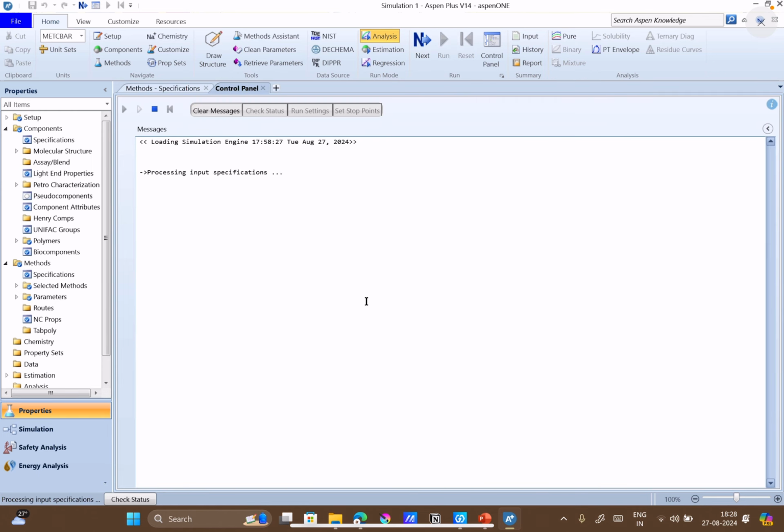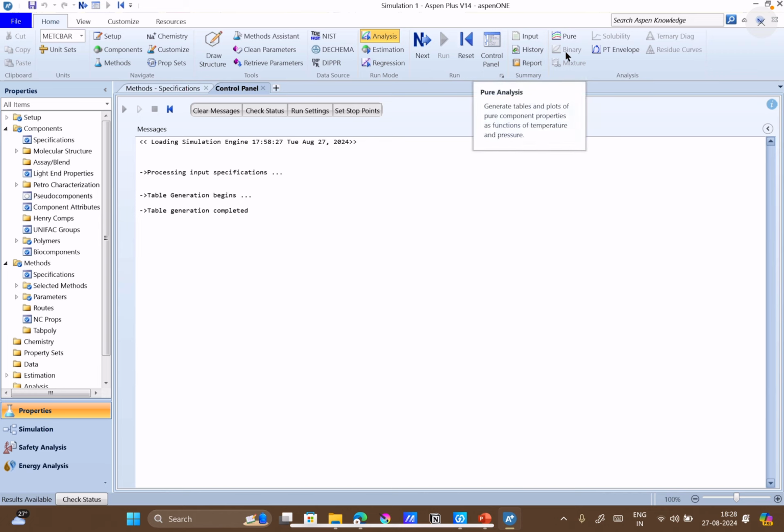Run the property analysis. Once this runs, we will start analyzing various properties. Table generation complete, results are available. On the top toolbar panel, you have pure, binary, mixture, solubility, and PT envelope.